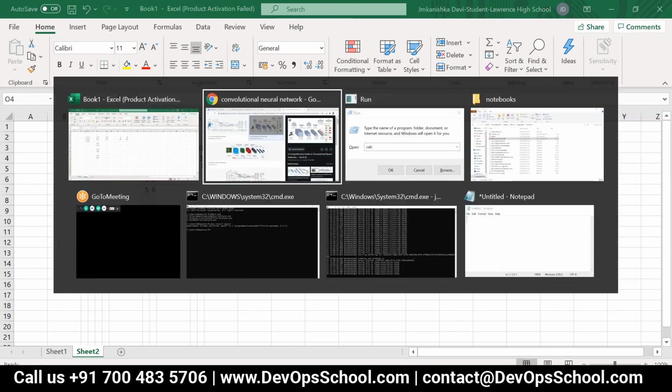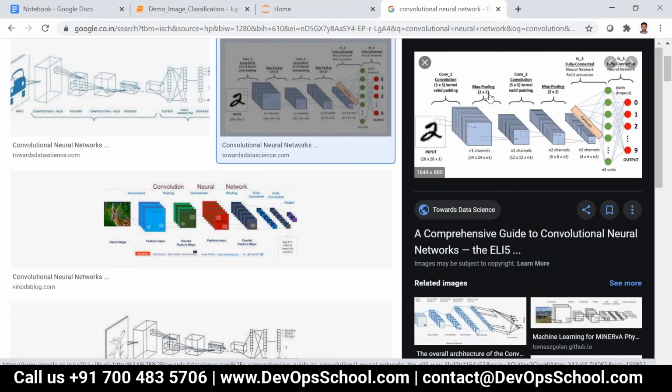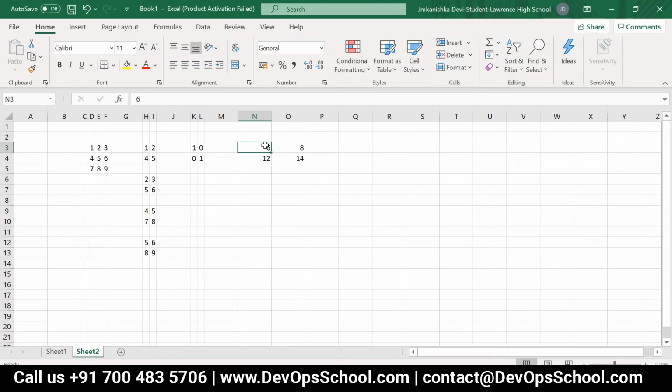And then we have something called the pooling layer. We have 2 different types of pooling: one is average pooling, the other one is max pooling. Average pooling means it will find the average of all these values, so the average is 10.